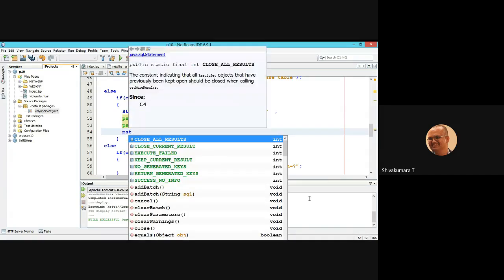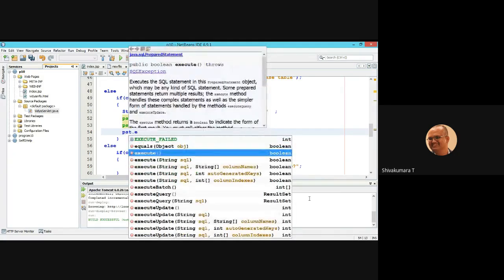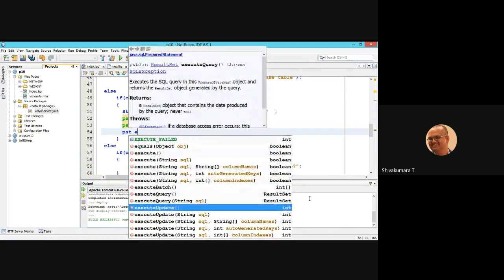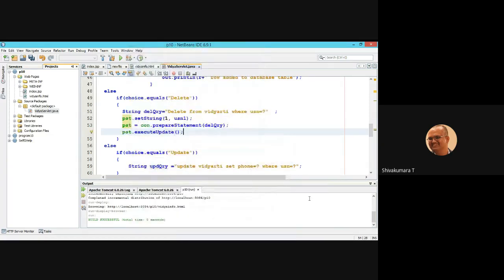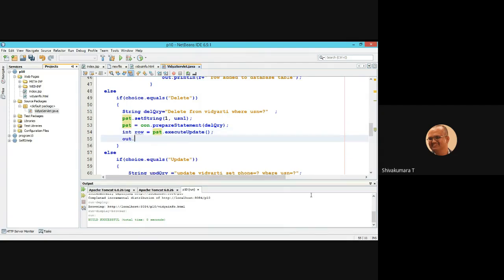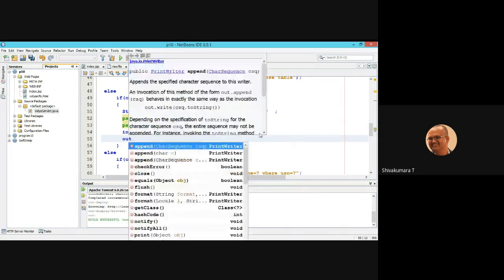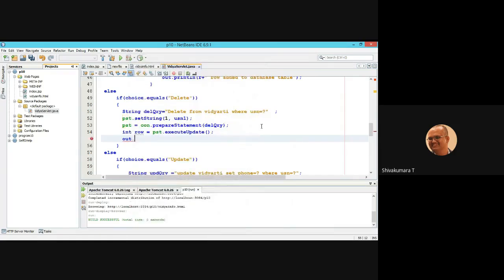Once that is satisfied, the query is executed through the PST object. PST dot execute update again returns how many records were deleted. Only one record, or it might be many records, but since USN uniquely identifies rows, most of the time a single record is deleted.